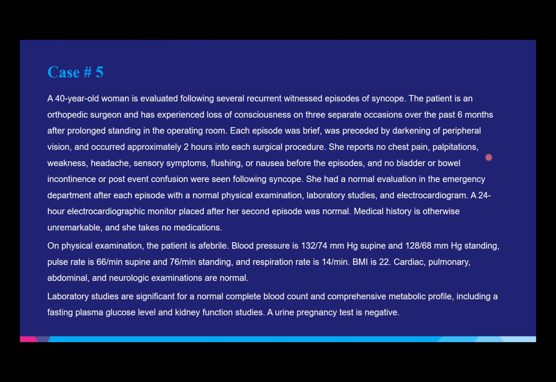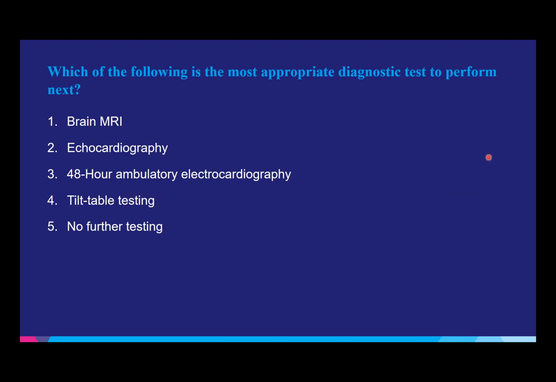So it's a 40-year-old orthopedic surgeon. Every time she operates and stands in the OR for a long time, she seems to have these episodes of syncope. She goes to the ER because she's right there in the hospital, and every time they tell her she's fine. You do an exam, the blood pressure is okay. There's no true orthostasis. And the labs are mostly fine. You also make sure, because you're very astute, that she's not pregnant. And so what would you do next?